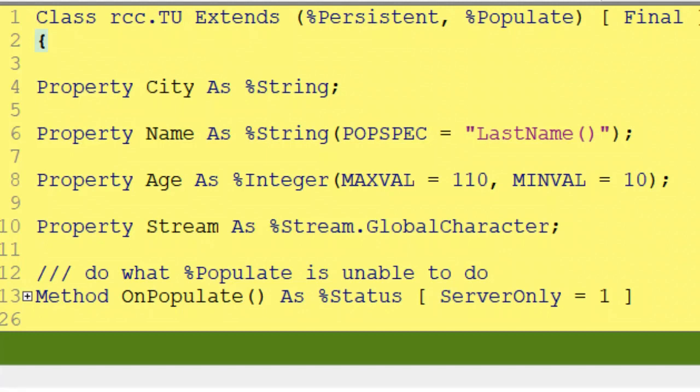This is great, and you see you have last name, you have the limits for the integer, and that works fine, except for streams. Streams are not part of the populate feature, so I have to do it myself. And therefore we have here a method on populate,